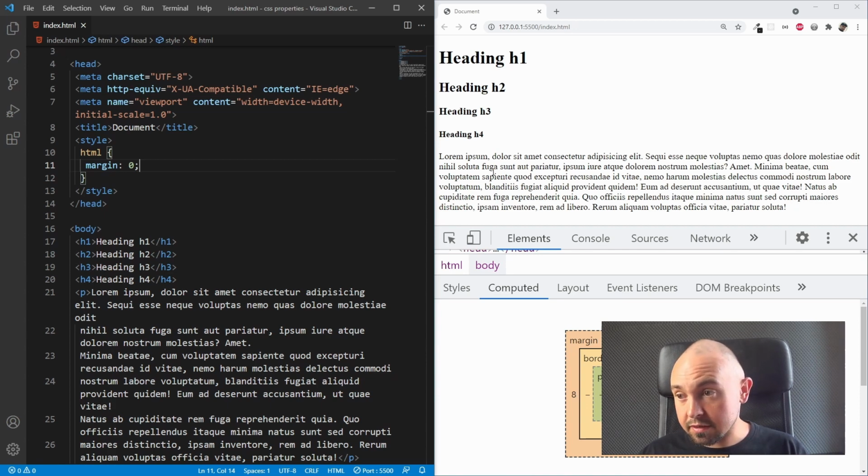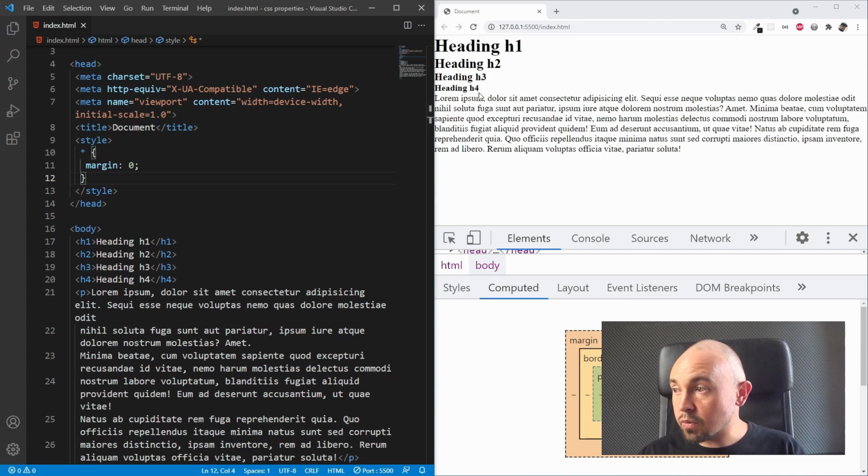So if we want to reset all the margins for all our elements in our document, we have to use the asterisk symbol. Asterisk means take all the elements on our website, all the elements separately, and give them this value for the margin property. Let's see if it works. Let's save our file. And you can see the difference already on your screen. Now this website is less readable, but it will be easier for us to set the margins how we want them to be. Because now if we comment it,